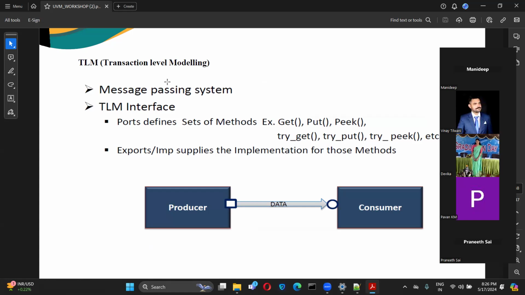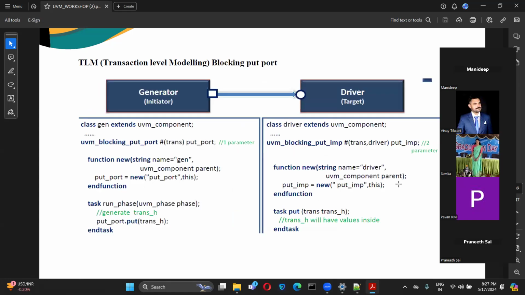Try get, try put, try peek mean non-blocking. With get, one has to complete before the next one happens. But with try get, even if the execution has not happened, it will go to the next step, like how non-blocking works. So get, put, peek are the blocking methods, and try get, try put, try peek are the non-blocking methods. You are indicating non-blocking using try. So just remember which are the blocking methods and which are the non-blocking methods.